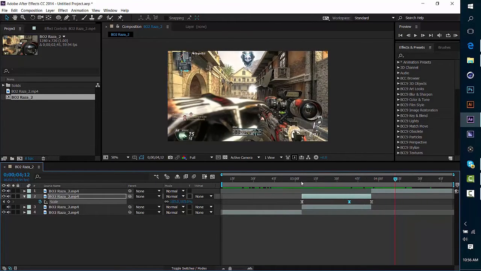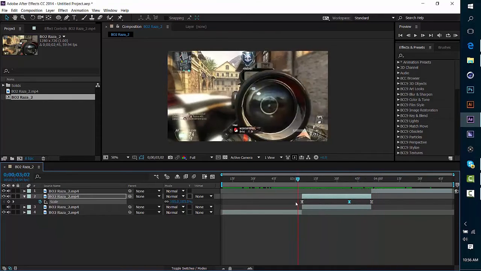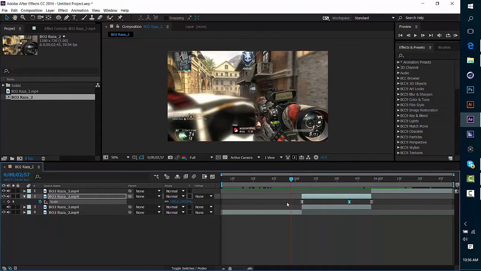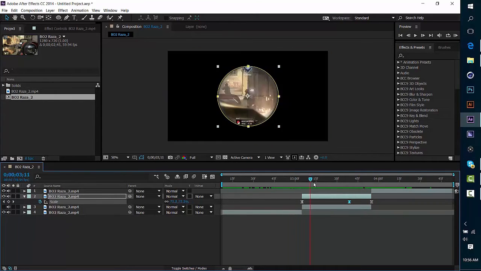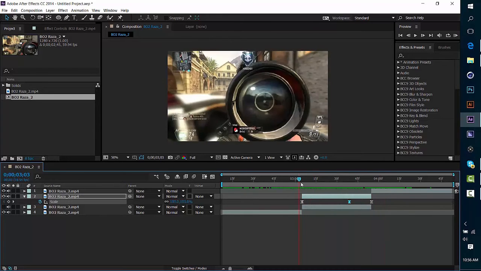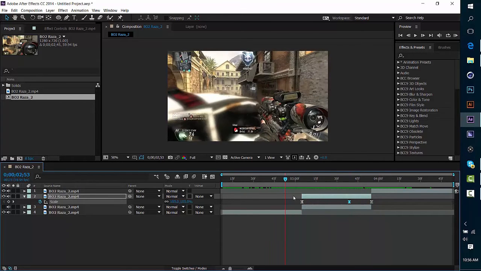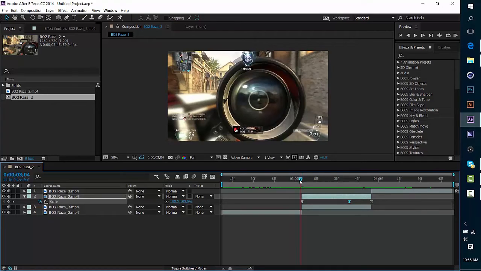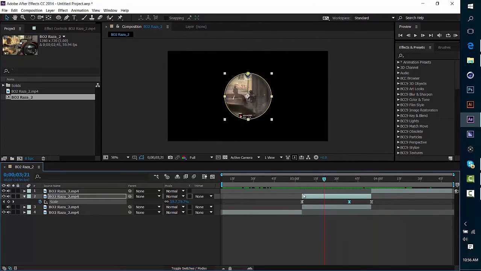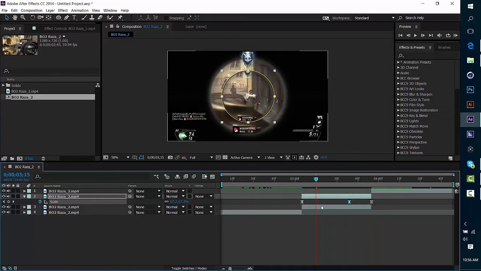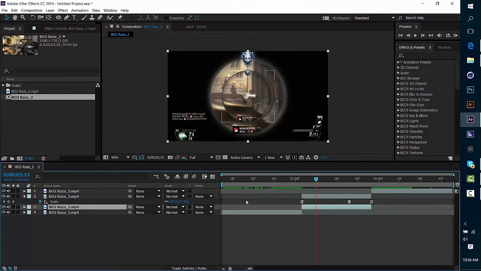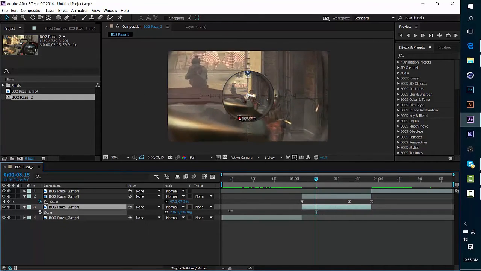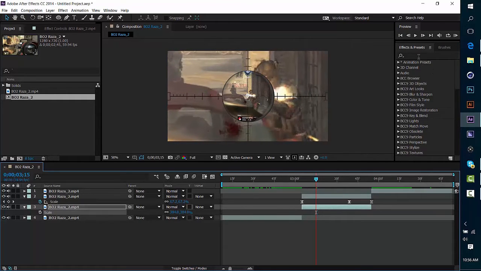If you RAM preview it on your screen, it will look really good. I'm not going to do that right now because it's probably going to be really laggy and it's probably going to mess it up. That's what I did before and I had to restart it. So the next thing you want to do, if you just want to leave it like that, by all means go ahead: turn on the bottom layer, scale it all the way up, and then put a camera lens blur on it